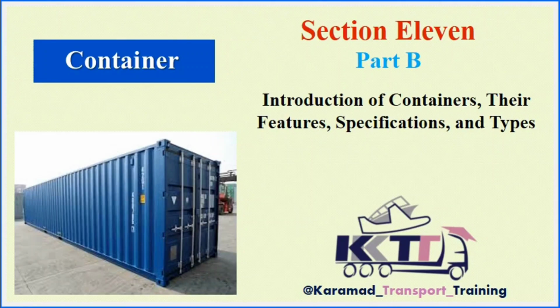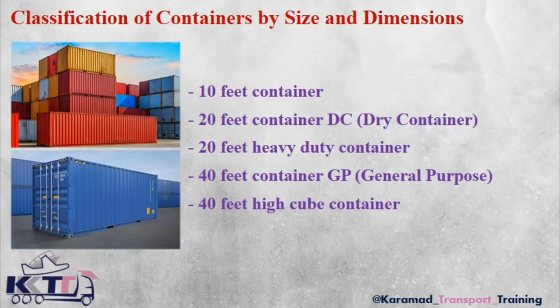In the previous part, we talked about containers and reviewed the components of a container together. In this section, we want to get familiar with the different types of containers. Stay with me. The classification of containers in terms of size and dimensions, which we divide into 5 categories: 10-foot container, 20-foot container, 20-foot heavy-duty container, 40-foot container, and 40-foot high cube container, which we will explain in detail